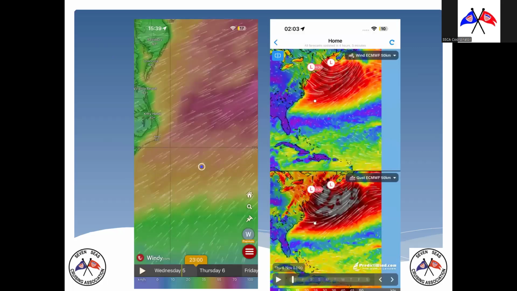And weather. You can take weather from images. Take a picture of Windy. Take a picture of your PredictWind. Take text pictures from Chris Parker. Load all 3 files into HAL at once into the chat